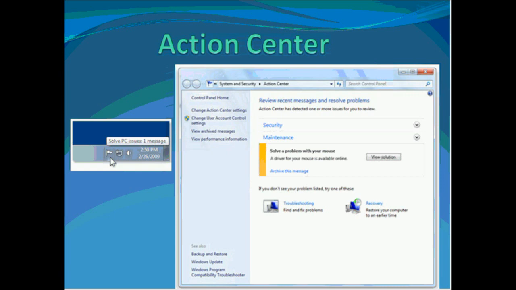As you can see in the screenshot, a view solution tab is attached. So for that particular problem with your mouse, as it is shown in this window, you can click on the view solution and it will tell you about a possible solution to your problem. So even if you want to update a particular hardware that is creating a problem for you, or your system is shutting down unexpectedly, Action Center will prepare a report and tell you the solution, whether you need a driver, or your hardware is faulty, or something else you might need to do with the system, or whether you have an antivirus program installed or not. Action Center provides you with complete notification of your system at one place.